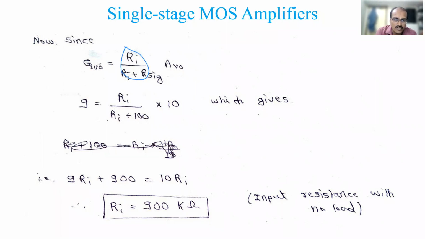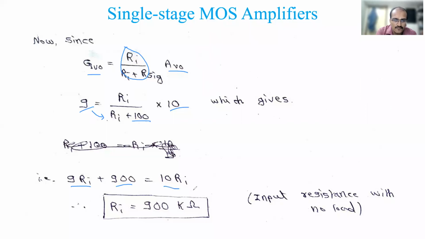Voltage gain is output voltage by input voltage. Here also it is output voltage by input voltage, but this is the open circuit overall voltage gain. That is the difference. If you know the values, you substitute: GVO is equal to 9, AVO is equal to 10, and R signal is 100 kilo ohm. Again, I am not writing kilo ohm; I will write 100. Ri I have to calculate. Since only Ri is unknown, you can easily calculate it. I cross multiply and bring the 9 to the numerator, so it becomes 9 Ri plus 9 into 100, which is 900, equal to 10 Ri.